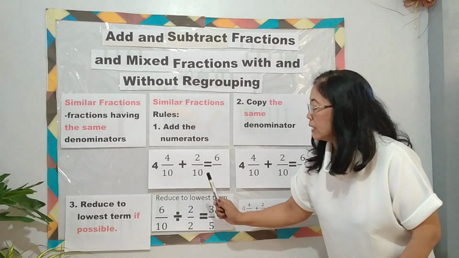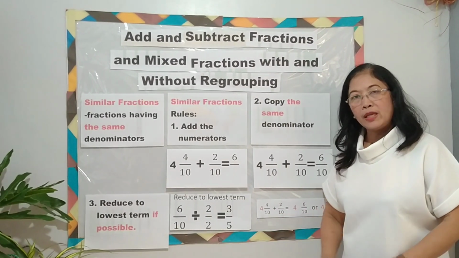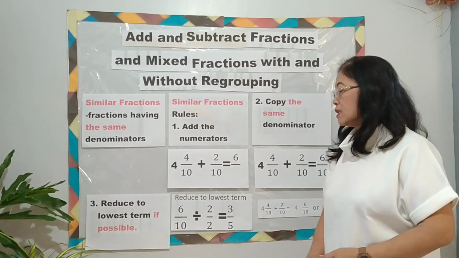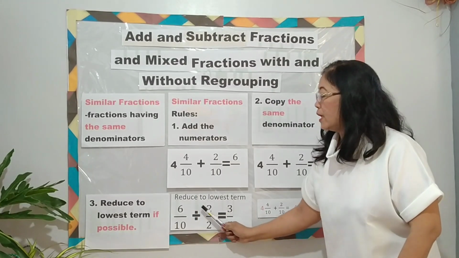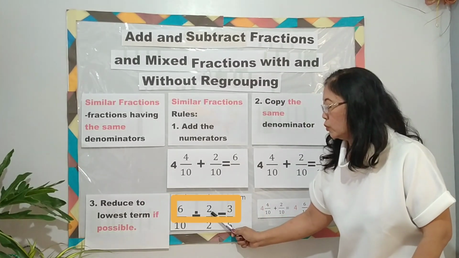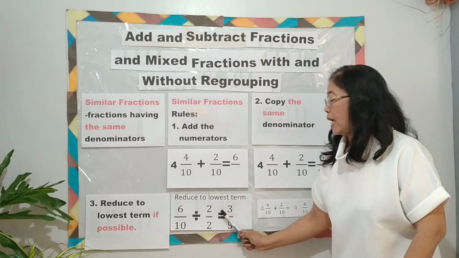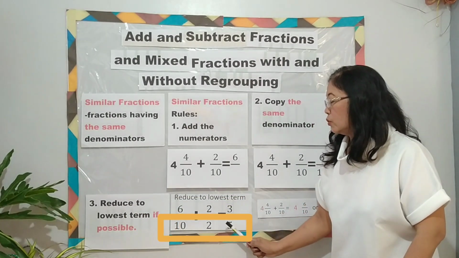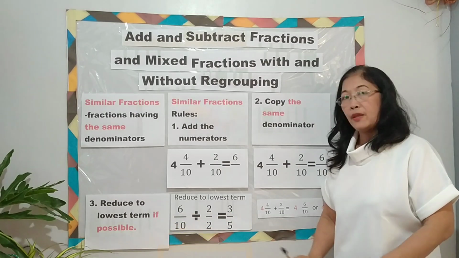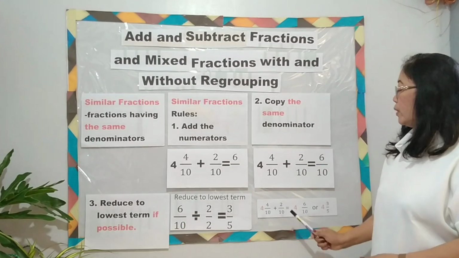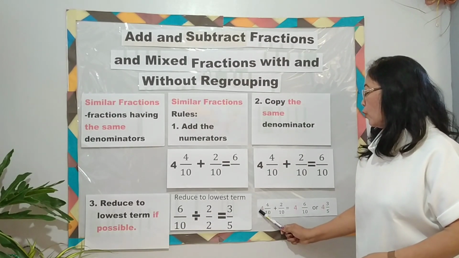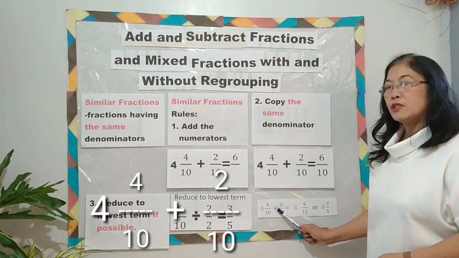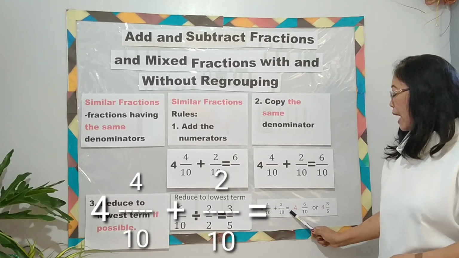So the GCF of 6 and 10 is 2. If you divide 6 by 2, you will get 3, and 10 divided by 2, you will get 5. Therefore, if you are going to add 4 and 4/10 plus 2/10, it will give you an answer of